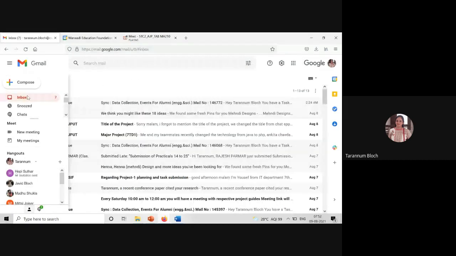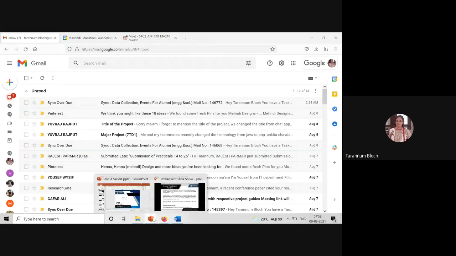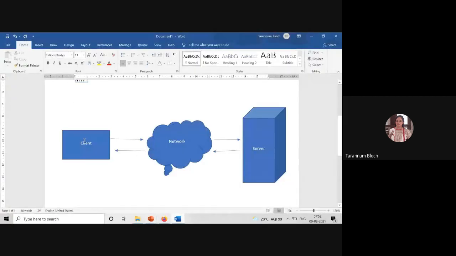Whatever click I make is a new request. And these requests are being passed through the application layer protocol HTTP.